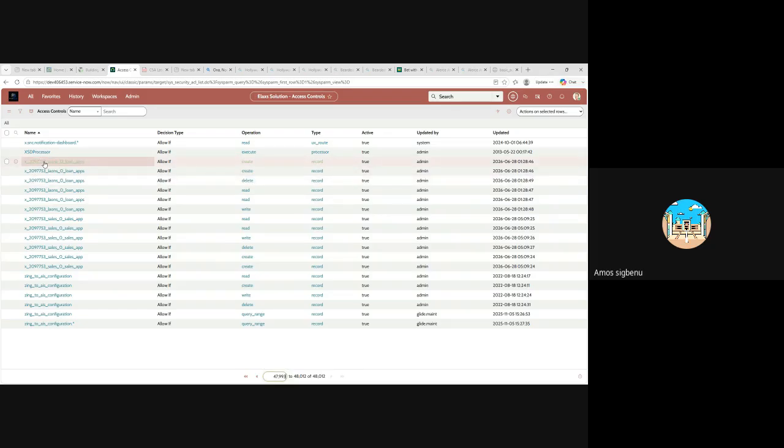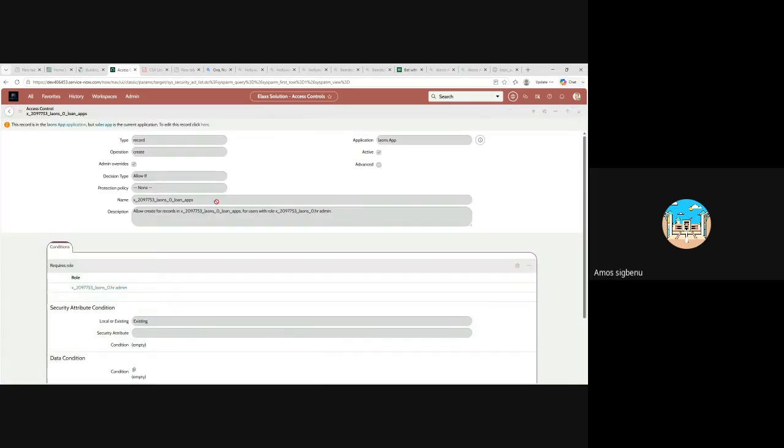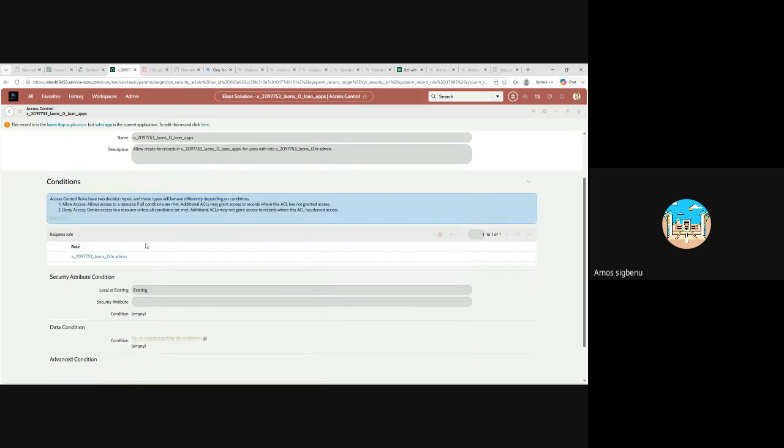This loan app. So when I created the loan app, these are things that if anyone must access this loan app that I created,